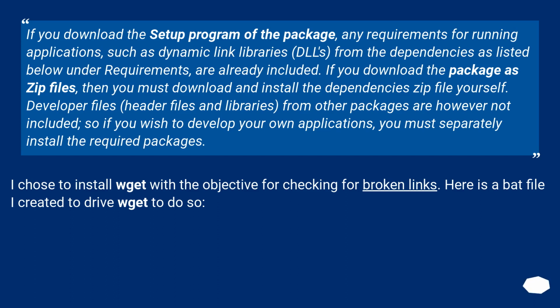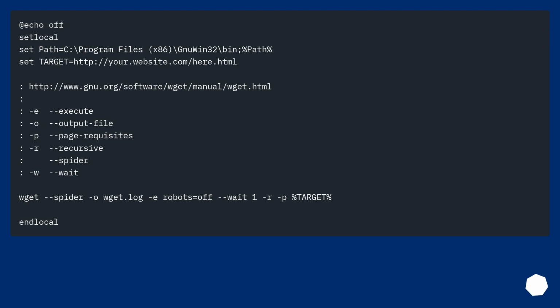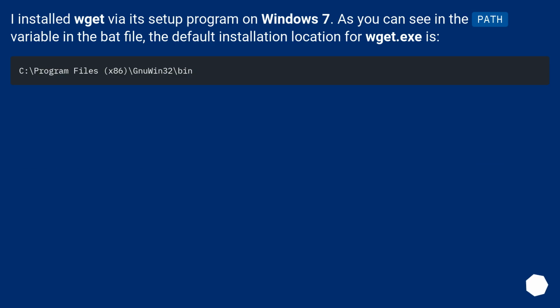I chose to install Wget with the objective of checking for broken links. Here is a bat file I created to drive Wget to do so. I installed Wget via its setup program on Windows 7. As you can see in the path variable in the bat file, the default installation location for wget.exe is